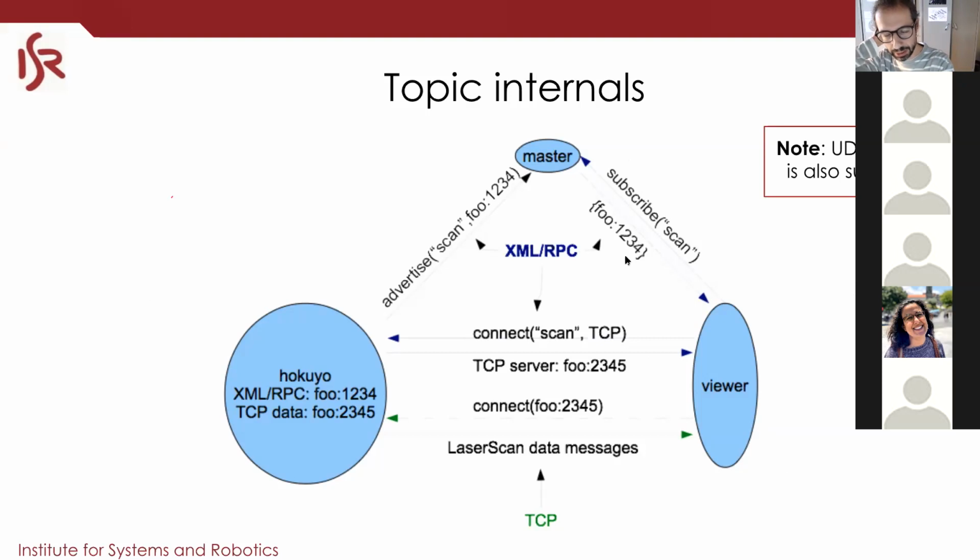So this is the only interaction, and as you can see, to answer the previous question, master is just a name server that tells who is which, and manages that in real time, okay? This messaging is done with a protocol called XML RPC. XML is extensible markup language. If you know HTML, it's very similar. And RPC is remote procedure call. So it's a protocol built on top of XML that allows you to call functions using XML, okay?